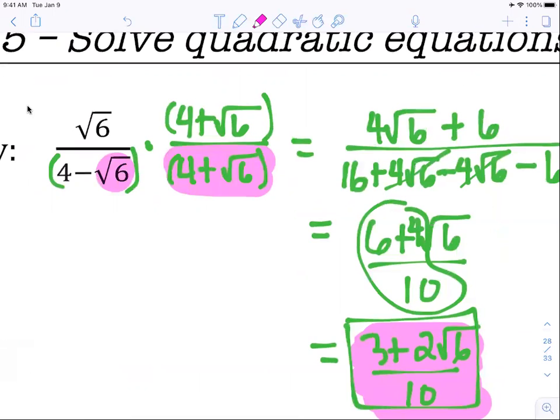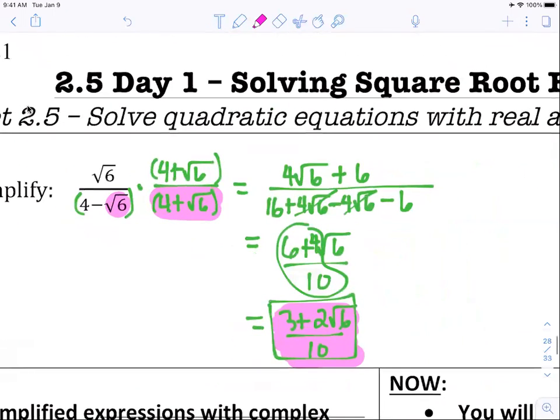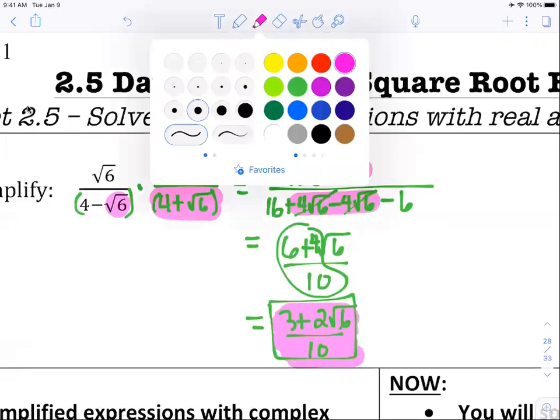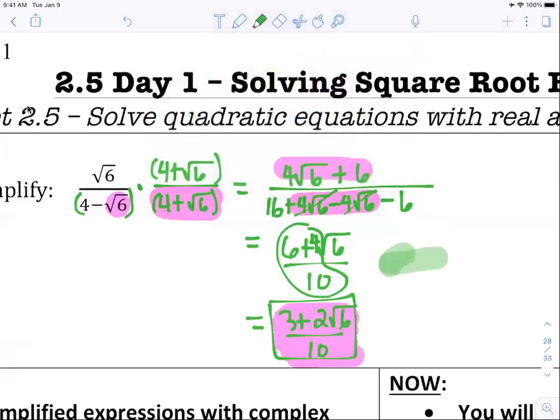When you do that, you should have been left with 4 root 6 plus 6 on the top, and on the bottom, the two middle terms should end up canceling. The plus 4 root 6 minus 4 root 6 cancels, and you're just left with root 10 on the denominator. A lot of students have a tendency of wanting to stop here, but